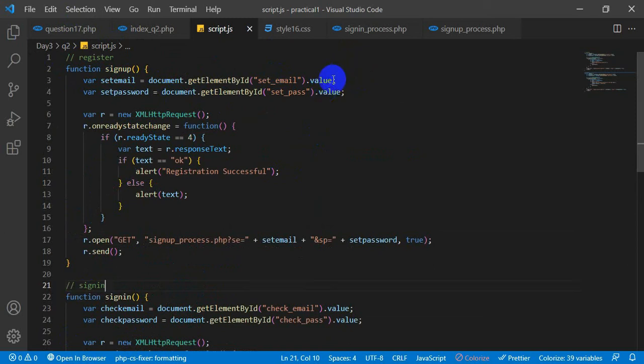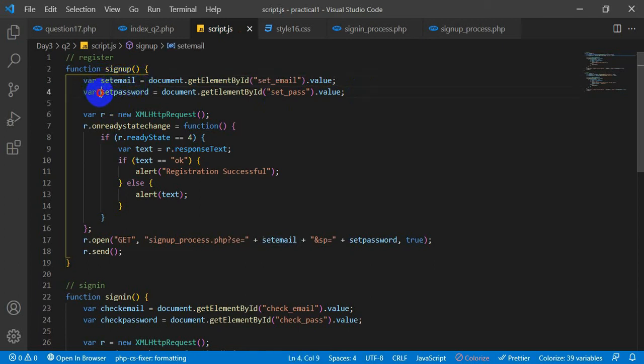Now, in the input fields, this is the input field, from here to here. But once I apply this dot value, we don't need the input field, we need the value which is inserted in that input field by the user. So for that I use this dot value term. Using this dot value term, I can get the value which is stored in that input field and store it as set email.